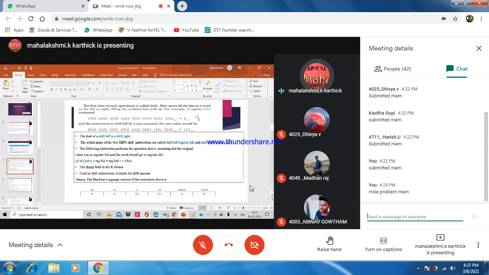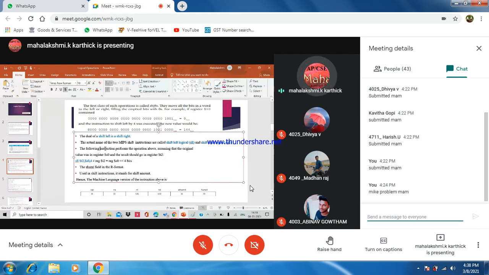It is the 32-bit representation of one particular decimal number. When we do the shift operation, the value will change and a new value will be obtained. This is how we have to find the new values after a shift operation. So what is shift left and shift right? That is the main concept we are going to cover today. And as we said, the keyword SLL is nothing but shift left logical, and similarly shift right logical.